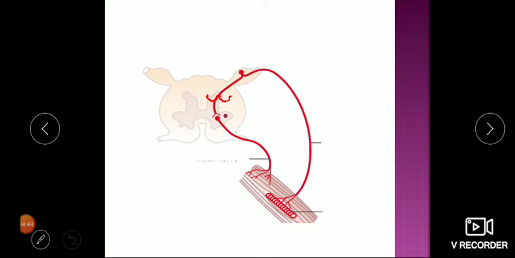Coming down to our very basic spinal cord where the execution takes place, just to refresh our knowledge of actions of all these three types of neurons. This is the muscle spindle. From here the sensory nerve carries the sensation to the spinal cord and it is conveyed to the alpha motor neuron, which is supplying the extrafusal fibers.